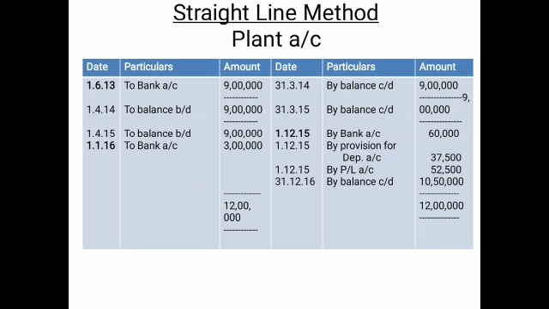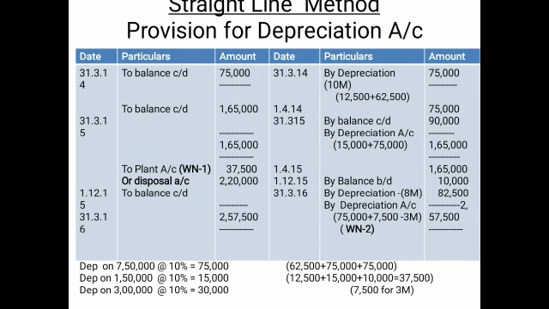How will you see this? Now you have to go back to the provision for depreciation. The first machinery is getting 12,500 in the first year, and the second time it is getting 15,000. The third time it is used for 8 months. Now you may see the by depreciation has been written for the 8 months, that is 10,000. You have to make the total of all these. Now you may see the working note is also there. When you make the total, it comes to 37,500.